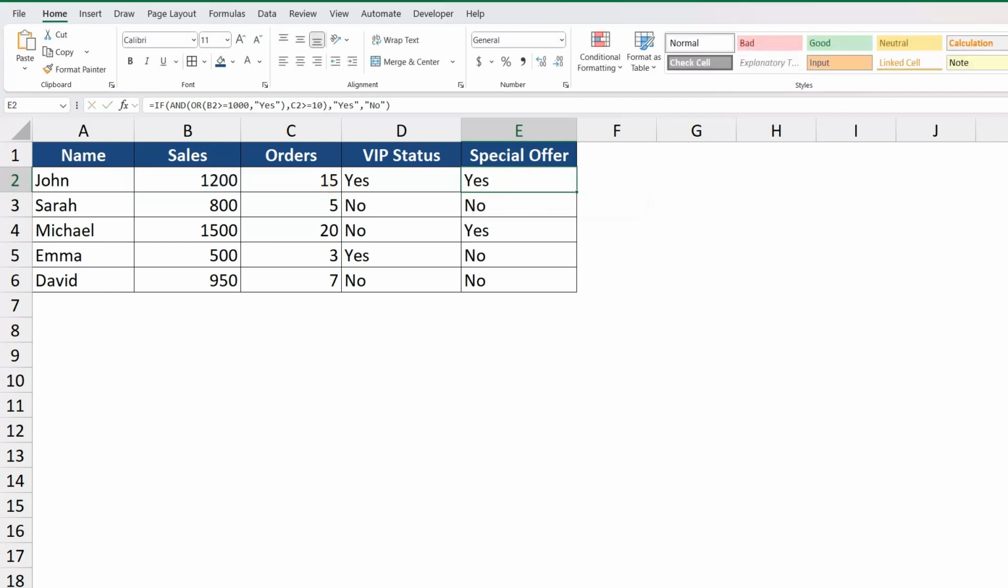So, again, if I will change the number of orders from John, for example, let's say that he has 9, you see that the special offer becomes no, because the first condition, which is linked to the number of orders, minimum 10, is not completed anymore. So now we can put here again 15,